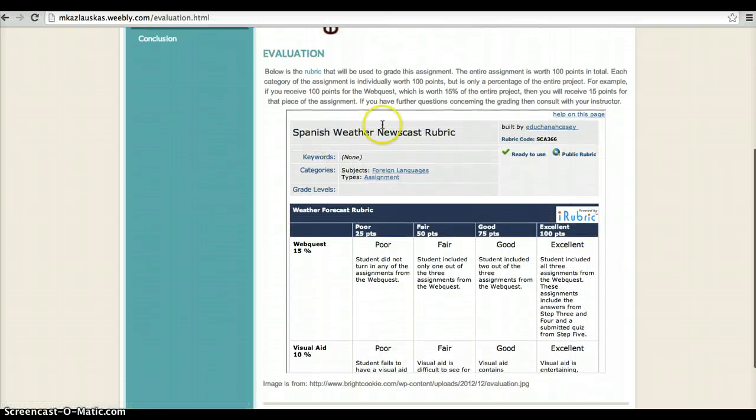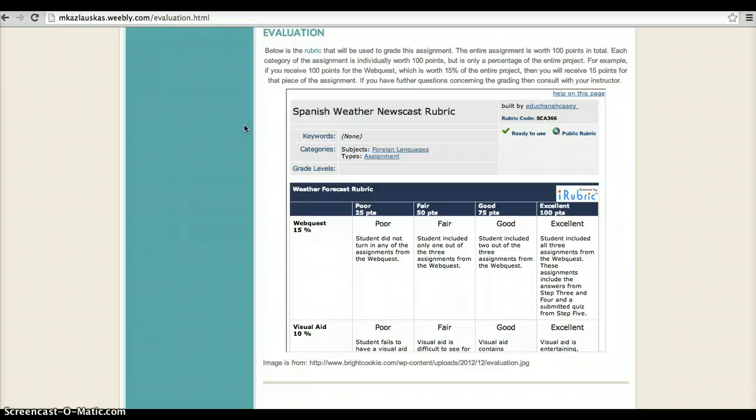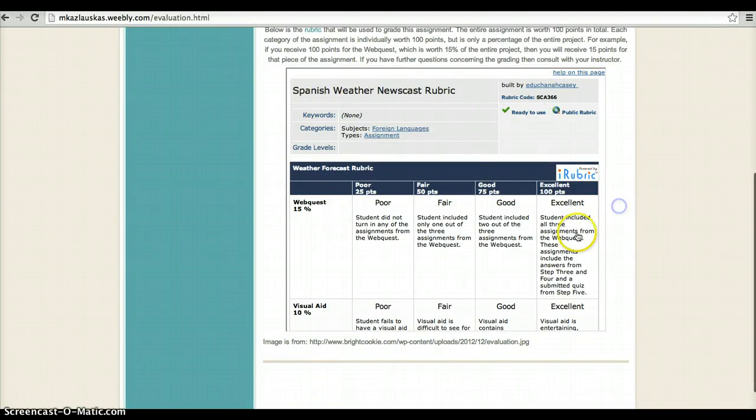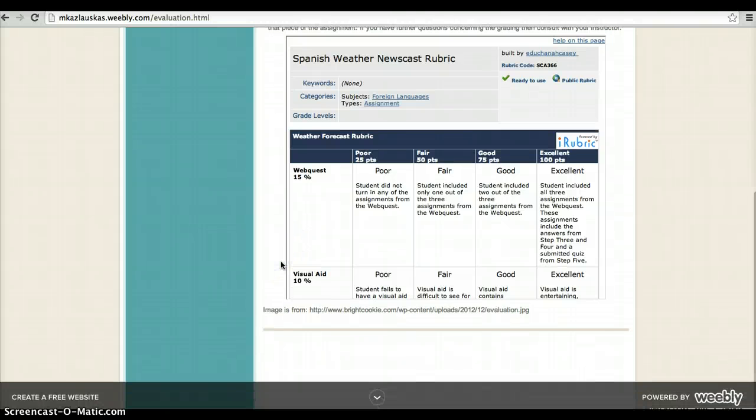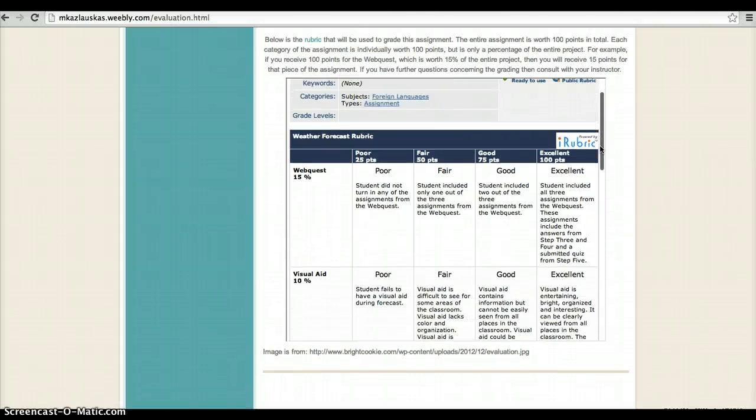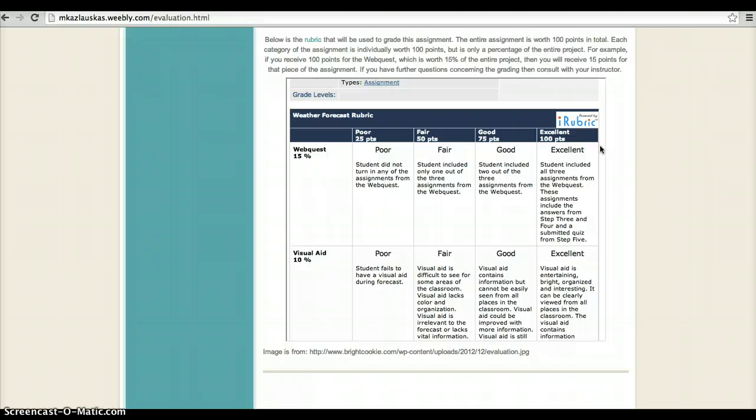So I made a rubric with a website called iRubric, which I can also show you how to make if you are interested in this in the future. But I really wanted to explain this part because this part can get a bit confusing. So for the rubric, what I figured it would be is the web quest is worth 15%. I don't know why it's not scrolling down. The web quest is worth 15% of